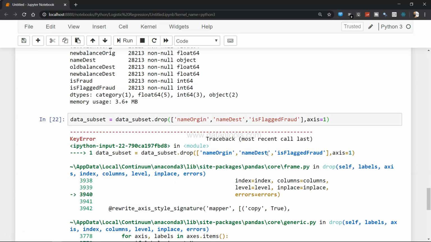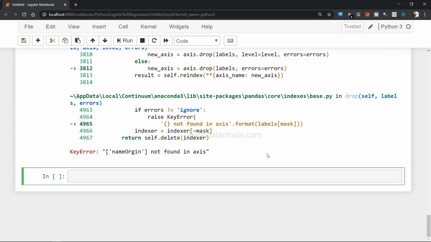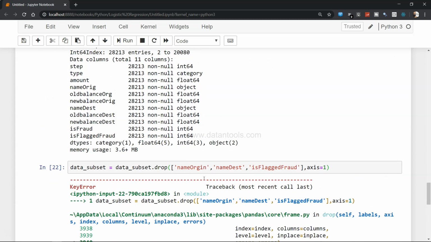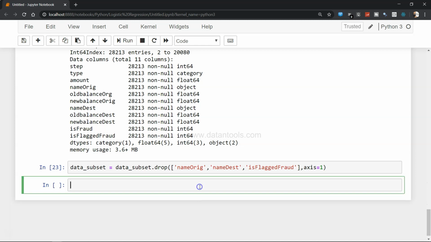Alright, we get an error, name origin not found. Okay, I have provided a wrong name, it should be nameOrig. Alright, now this is fine.